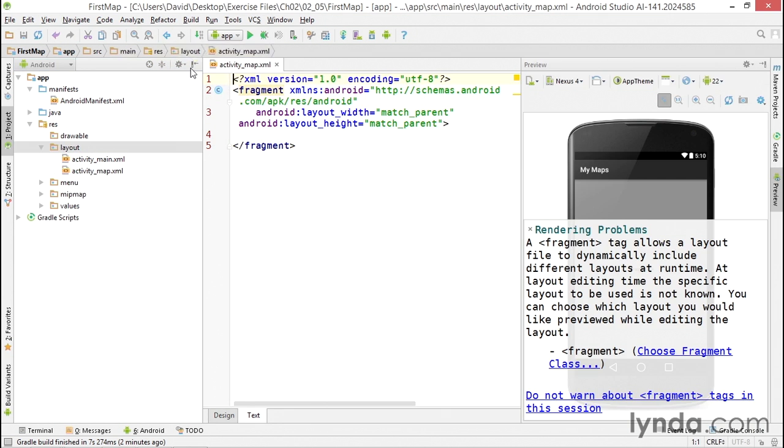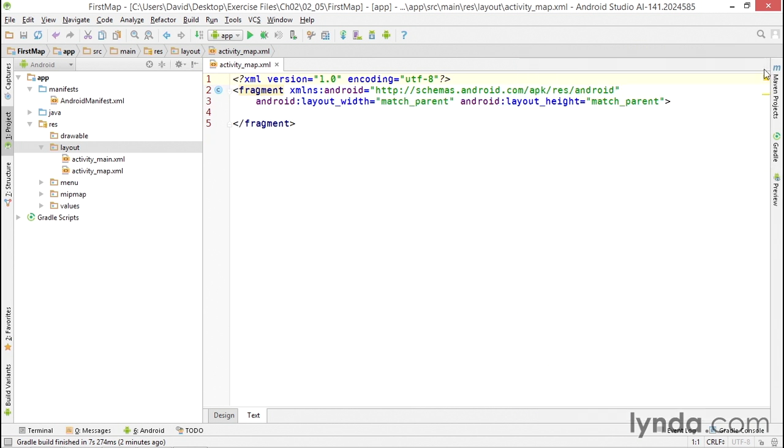If you're working in the newer version of Android Studio 1.3 or later, you might see this preview window. And I'll tell you right now, it doesn't work really well right now with this fragment. So I'm just going to close that window and I'll get a little bit more room for code. Then I'll also reformat my code to make it a little bit more readable, and then I'll add a few